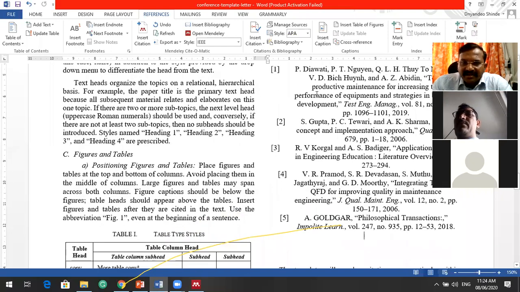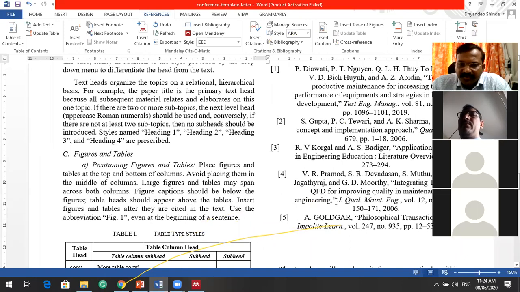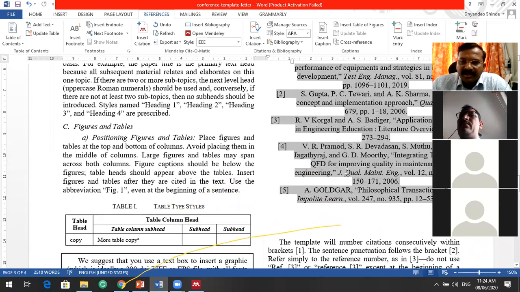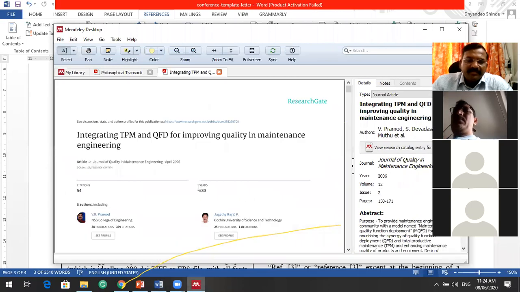Now I can see reference number 1, 2, 3, 4, 5. In reference number 4, that is VR Pramod, integrating TPM and QFD, the journal name is written in the short format. So go to Mendeley, select that paper, and you can see the name of that and here it is mentioned.